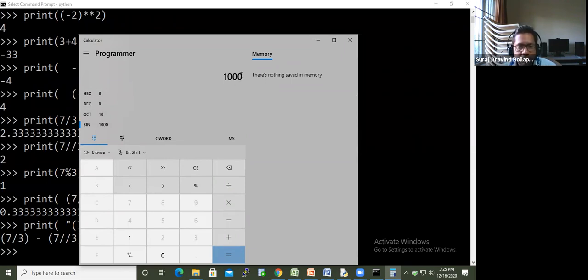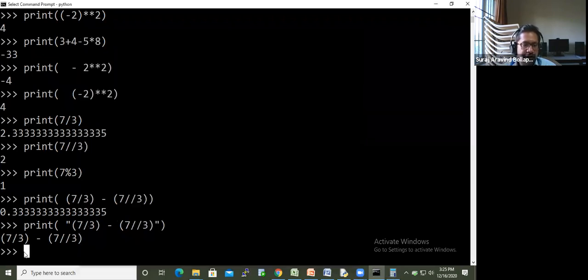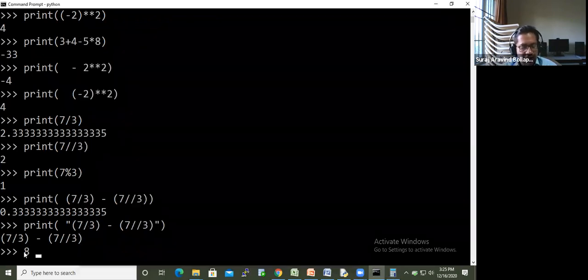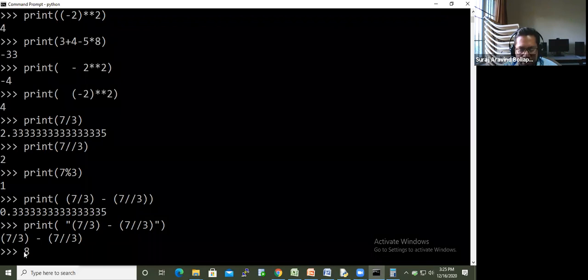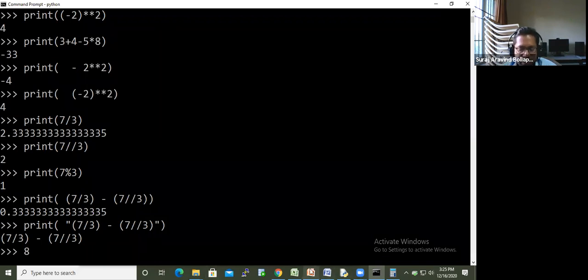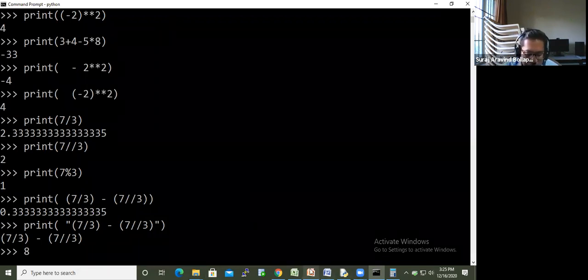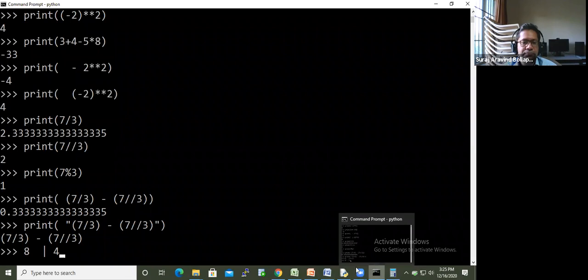Or we can just say 2 power 0, 2 power 1, 2 power 2, 2 power 3. So 2 power 3 is 8. Let me just put 8 here. Let me apply the OR bitwise operator. The OR bitwise operator symbol, I think, is this one. And let me use 4, and I want to print this.